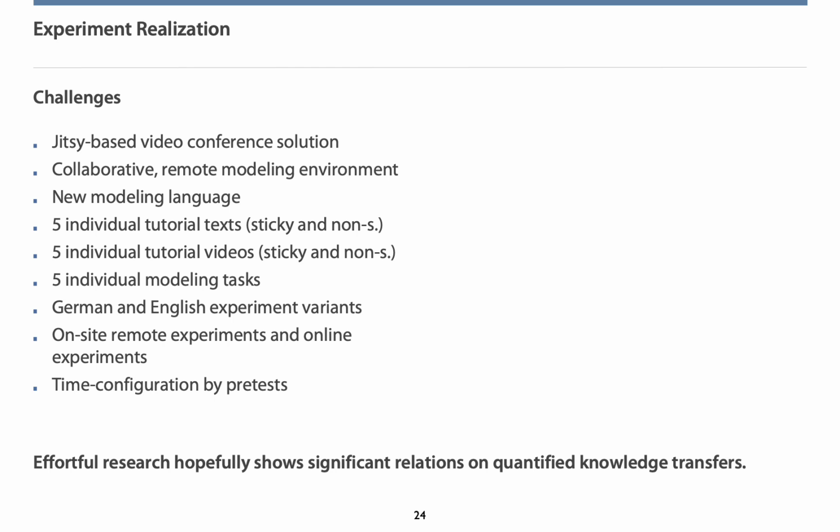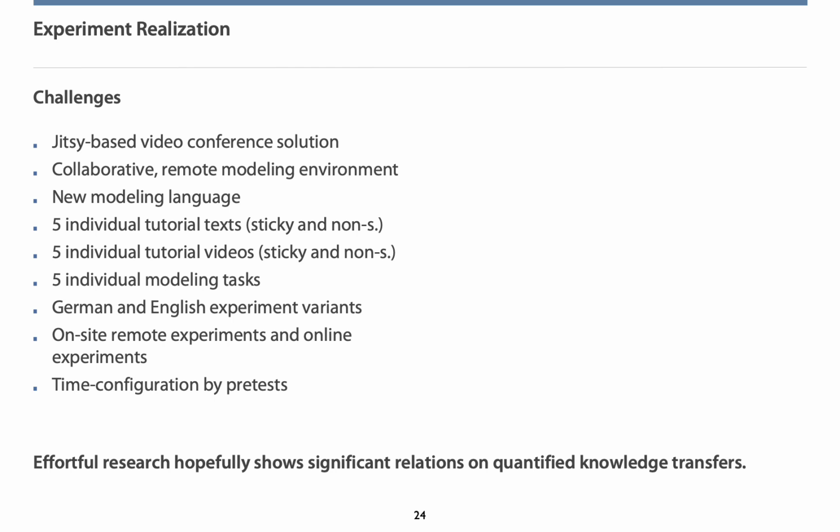We had to come up with an experiment integration with a video conference solution because the team experiment asked for participant communication. Further, we had to come up with a collaborative modeling environment with which we collect process models created immediately and remotely. Finally, we realized on-site remote experiments with anonymized students we could arrange in competent teams. Further, we realized anonymous online experiments. Finally, we managed, and now we are looking forward to data analysis.